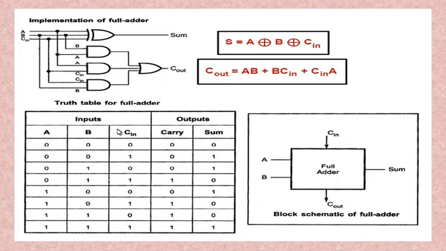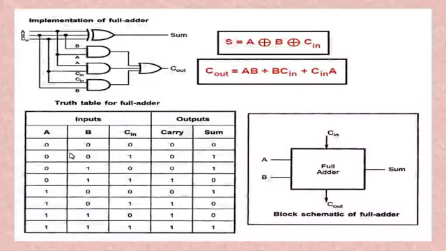Okay. Now this is the truth table for full adder. In this truth table, A, B, C in are the three inputs, while outputs are carry and sum. Now, as there are three variables, therefore 2 raised to 3 is equal to 8, and here 8 possible combinations are given in the truth table. Now let us check the truth table for full adder for 1 by 1 input and their respective outputs.